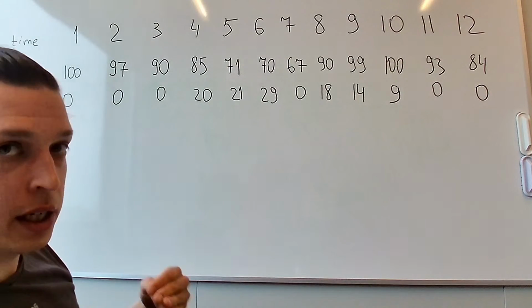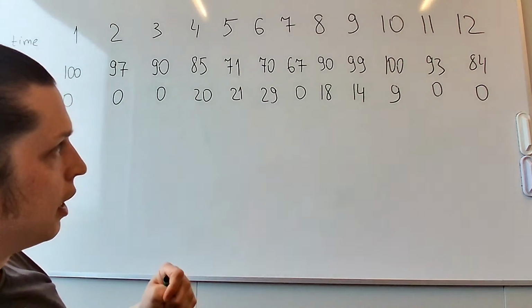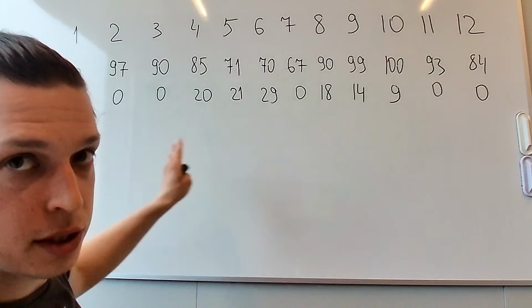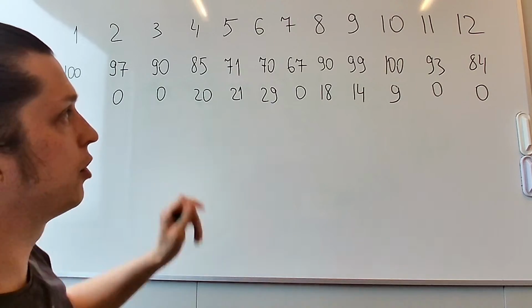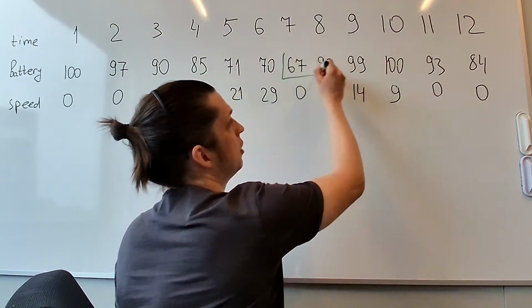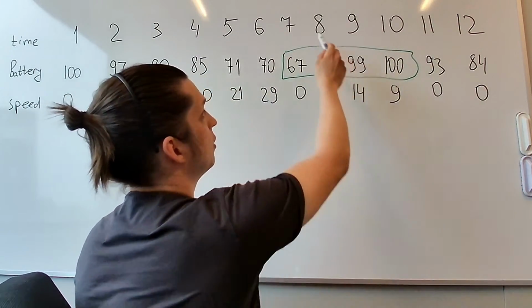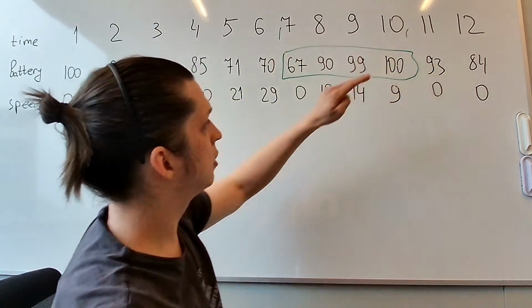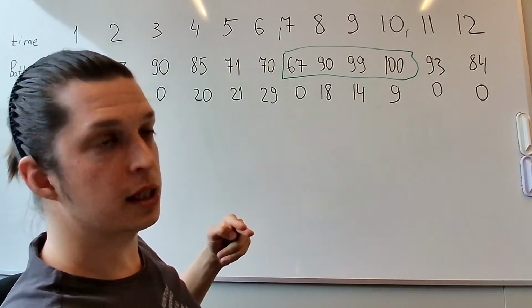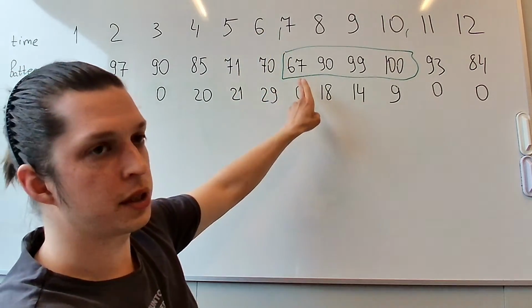For example, I need to know when the battery had been charged, right? So I need to find an interval in this time series where the previous value was less than the next value. And here is what I can find. So I can just find this interval, I can find the difference between the times. So for 4 seconds, the device had been charged, and I get some analytics on top of it. So for 4 seconds, the device has been charged by 33%.